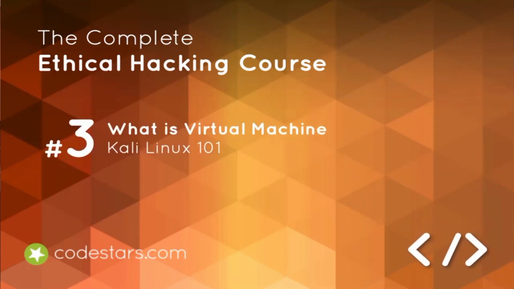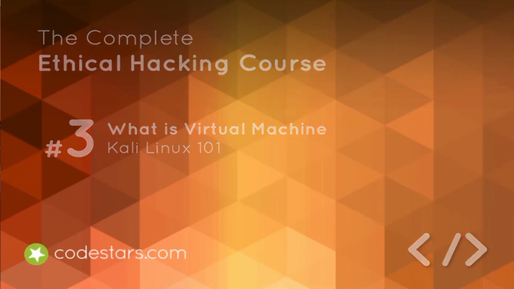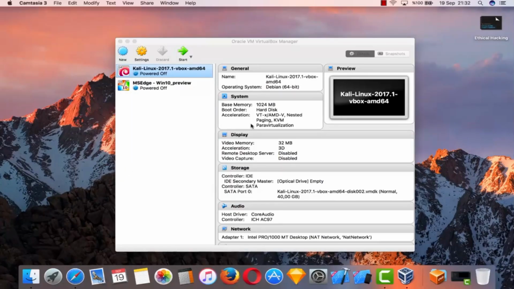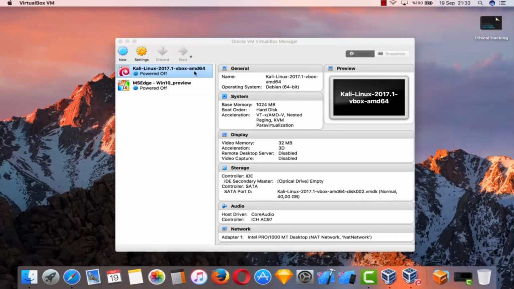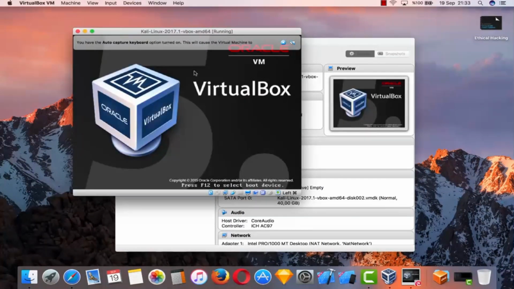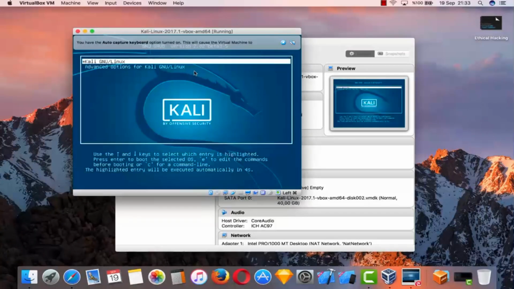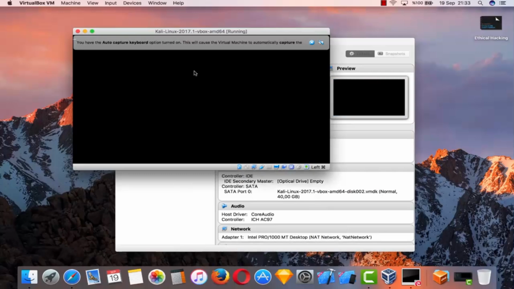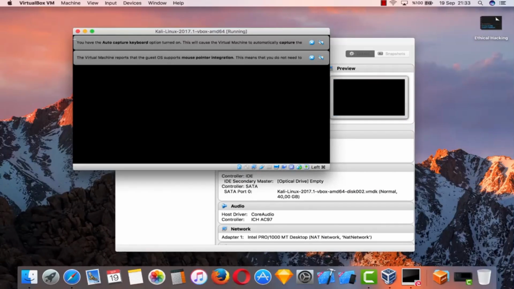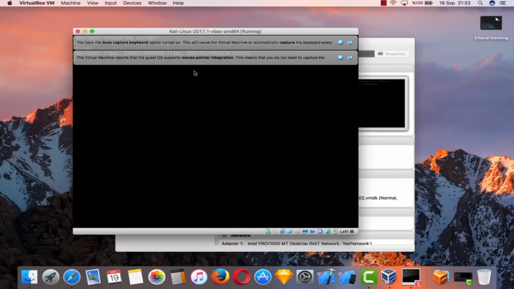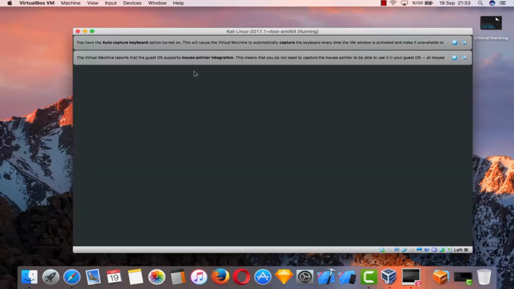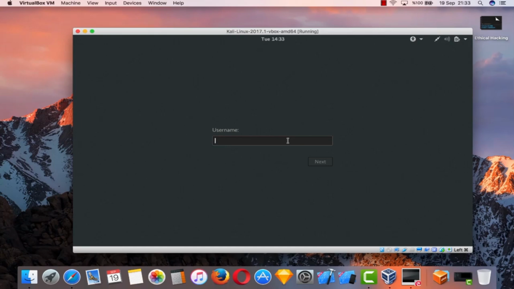Hi! Within this section, we're going to show you how to work with Kali Linux. As you can see now, I have two virtual machines here. I have deleted the others because we're going to need to work with Kali Linux and Windows from this point on. Later on within this course, we're going to install the other machines as well when we need them. Okay? So click Start and open your Kali Linux,